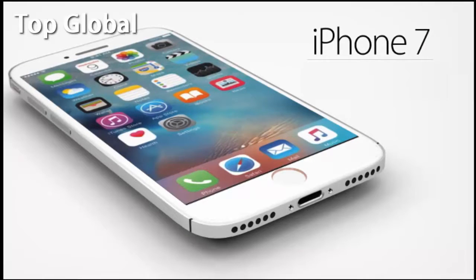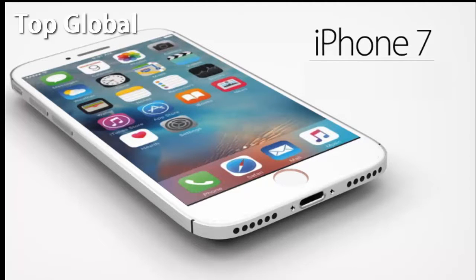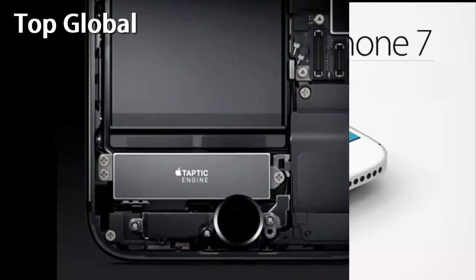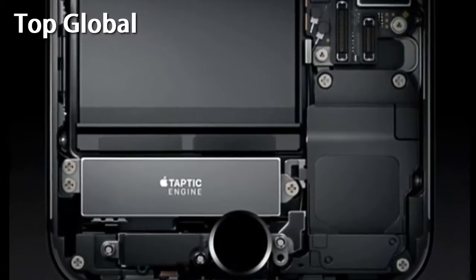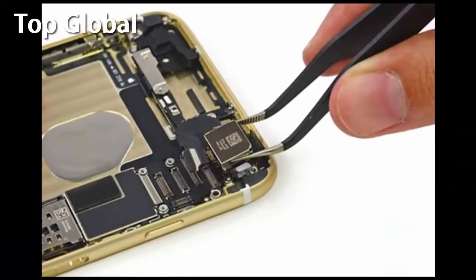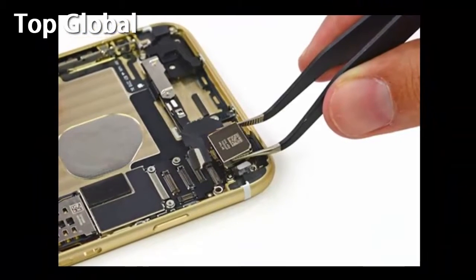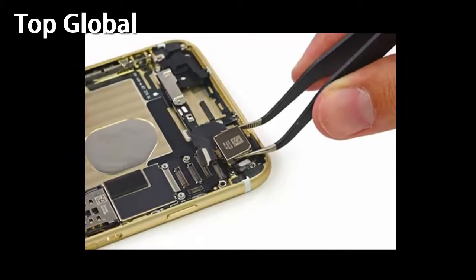Number 5. The screen adds a splash of color. Now Apple's borrowed some screen tech from the iPad Pro 9.7, giving the iPhone 7 a more natural looking display. That's because it's got a wide color gamut, which gives better color saturation and in turn more vivid, lifelike pictures and video. Combined with the camera which captures photos in wide color, your pics should practically jump off the